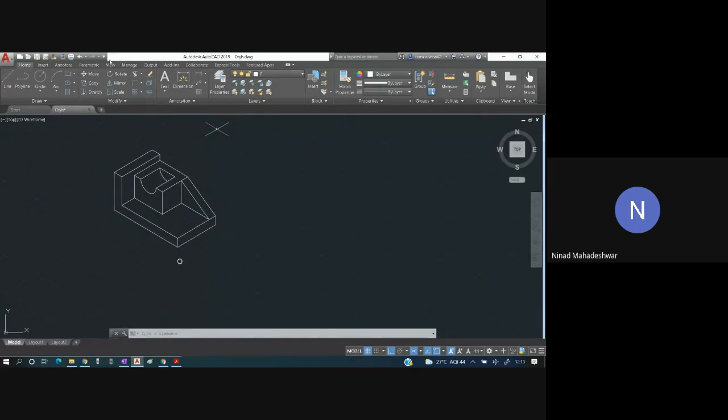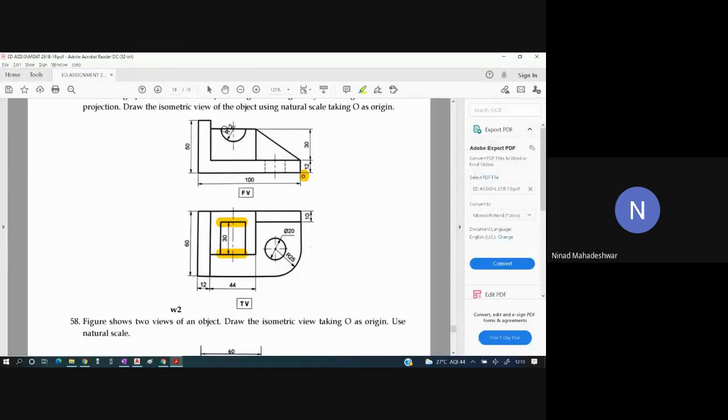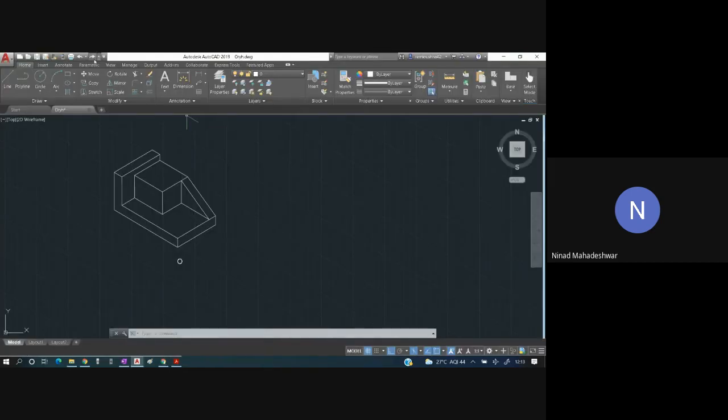Now understand this. This is a bit tougher part to grasp, so we'll revise this. First, initially this was our drawing. Then we saw in the front view there is a semicircle. So what we did over here, we pressed EL enter, ellipse enter. In that we went in isocircle, and we have drawn.